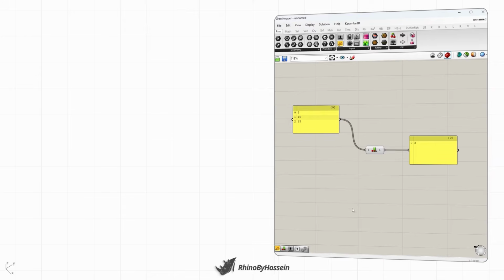List length has many uses when we want to create loops or cycles, or when we want to use this length as an input for tools like series or repeat data to control the number of repetitions or the size of new lists. This component is one of the fundamental tools for list management in Grasshopper and is useful in almost any parametric